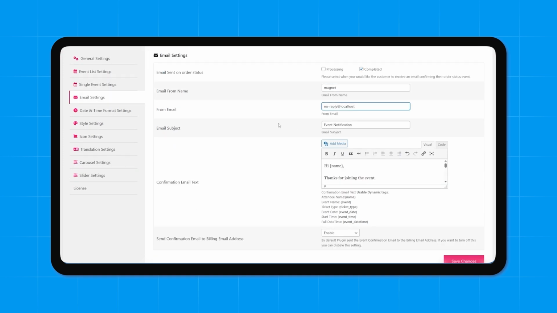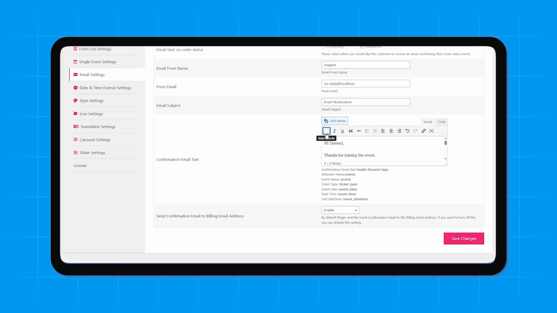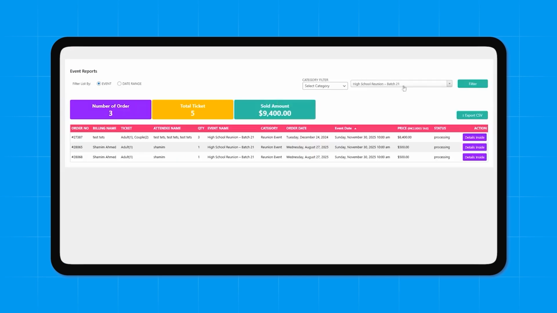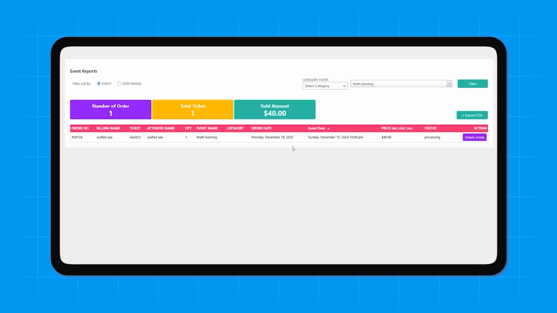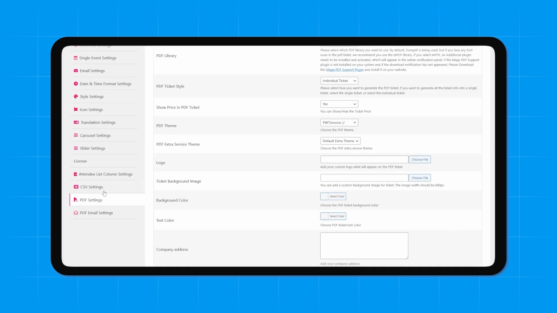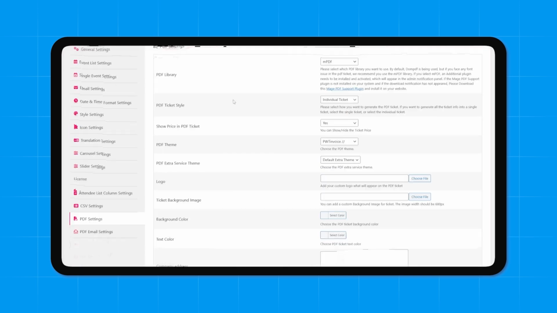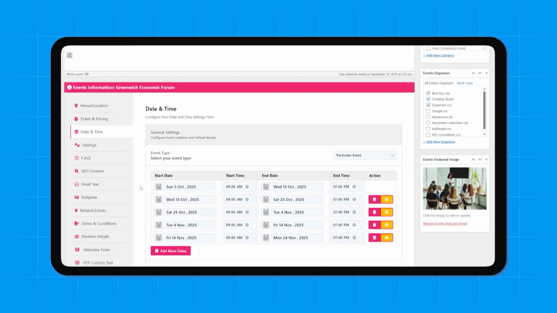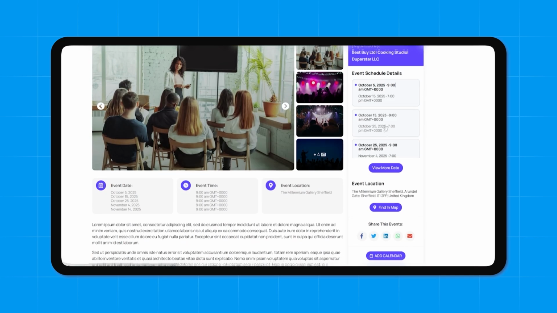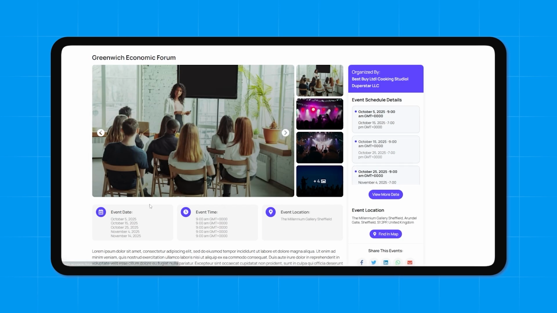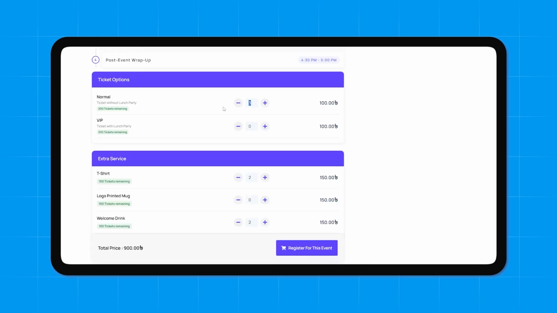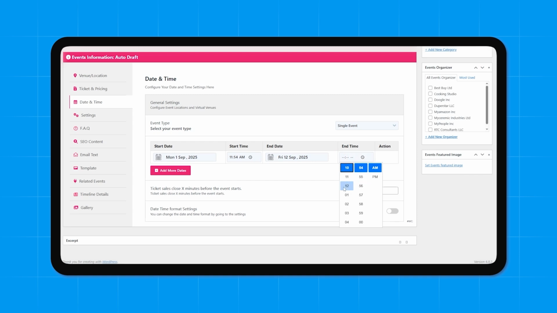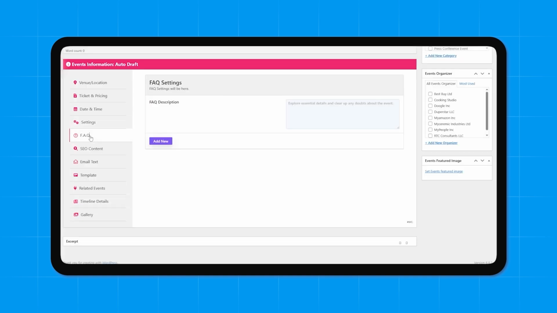Stay connected with attendees through customized emails, send bulk notifications, and export attendee data anytime for easy management. Generate custom PDF tickets, manage events in any time zone, and provide attendees with a seamless experience from start to finish. Integrate seamlessly with WooCommerce for smooth ticket sales, and use the Event Calendar add-on, Event Timeline, and FAQ to